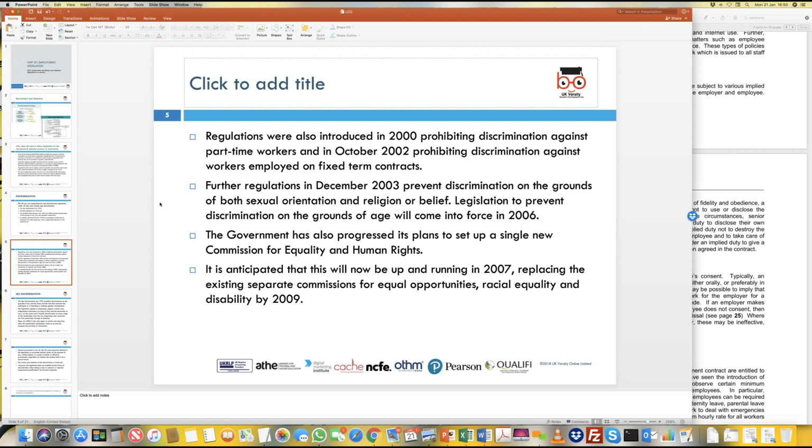Now, further legislation was introduced in 2003, which meant that in some application forms it is now not mandatory in the UK to describe your sexual orientation, your religion or your belief. If you're not comfortable mentioning that on the form and you feel that the employer is collecting that data, you can abstain from providing it in the job application form. Legislation was then introduced in late 2006 to prevent discrimination on the basis of age, sexual orientation, and religion and beliefs in society.